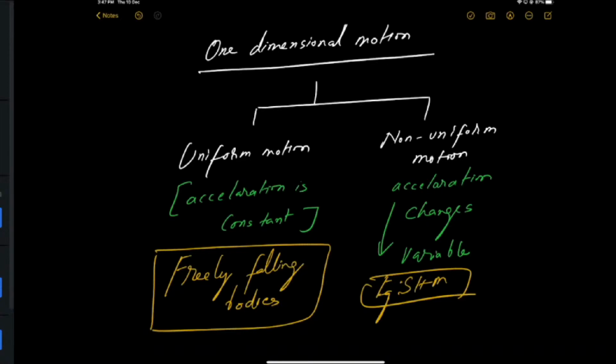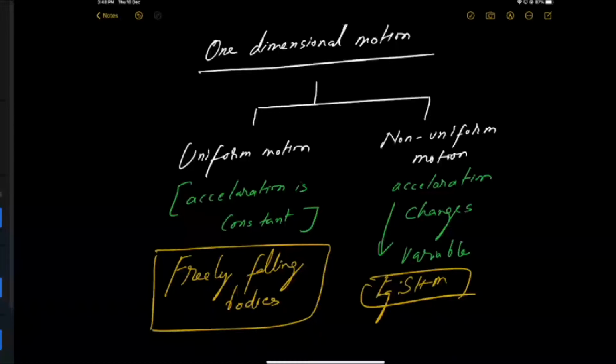or even projectiles. If you see, they also have constant acceleration, which is vertically downward. No matter, their path is in two dimensions, but the acceleration is always vertically downwards. Even projectile motions are a kind of uniform motion. They come under the category of uniform motion, but we are not discussing two-dimensional motion. We are discussing one-dimensional motion here. So I'll stick to a vertically projected body, or a body that is freely falling, or which is dropped from certain